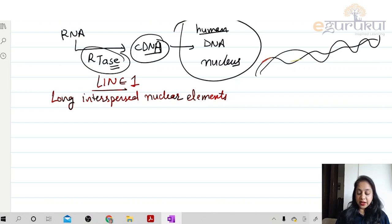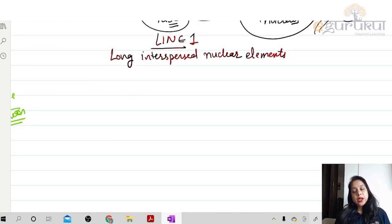So in between you have these LINE elements, and it has already been proven in the past that these LINE-1 elements sort of act as the reverse transcriptase. They have the reverse transcriptase ability. So this LINE-1 has helped the viral mRNA to become the cDNA, and that cDNA enters into the nucleus of the host cell, thereby getting a place in the host cell machinery, that is us, and becoming a part of us. So after getting infection from the COVID positive patient, and he becomes a COVID negative patient after several months of passing that infection, when the sampling is done,